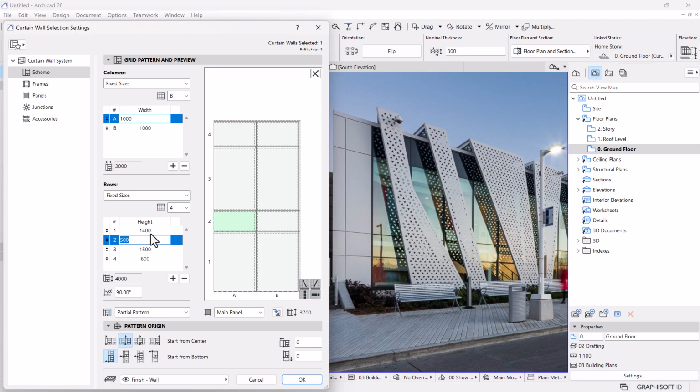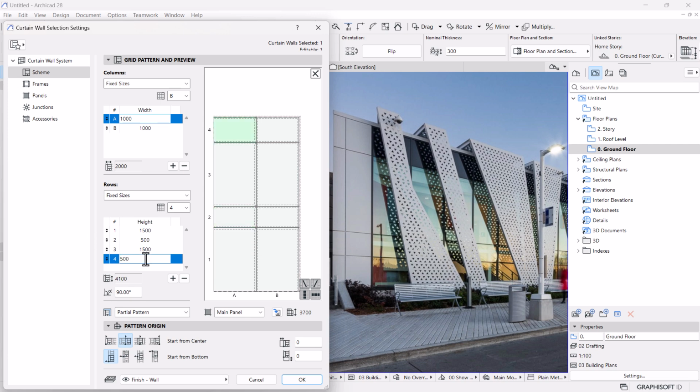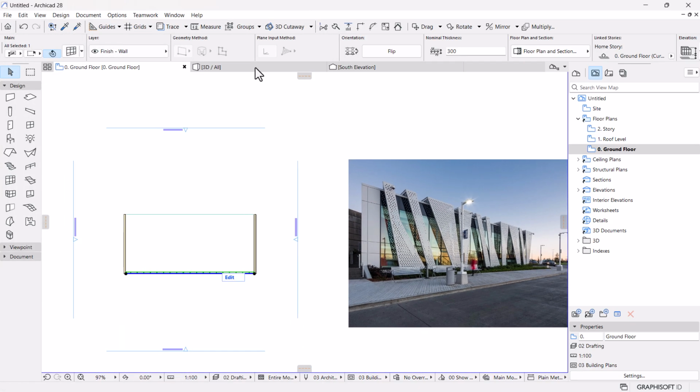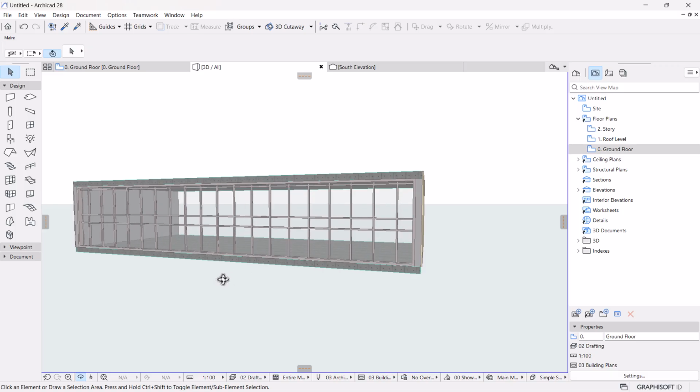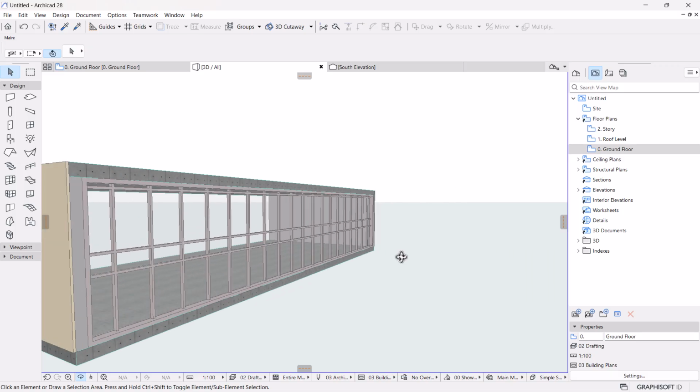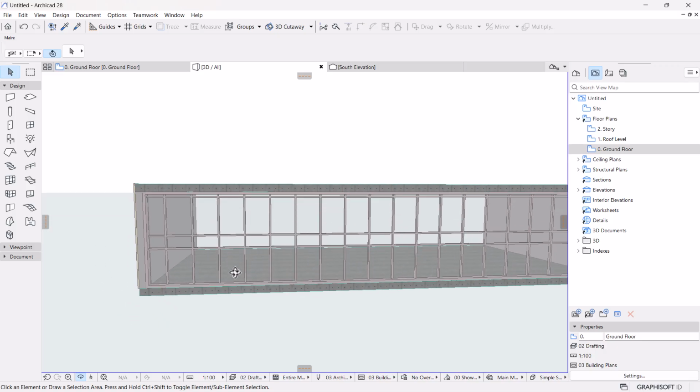But the height of these two altogether should be 2 meters. Maybe let's make this 1.5 so that we have this 2 meters, and this we make it 400. No, let's make it 500, right? And this we make them equal, and then hit OK once you're done. So if we check on 3D, you will have something like this. It's not pretty much the same